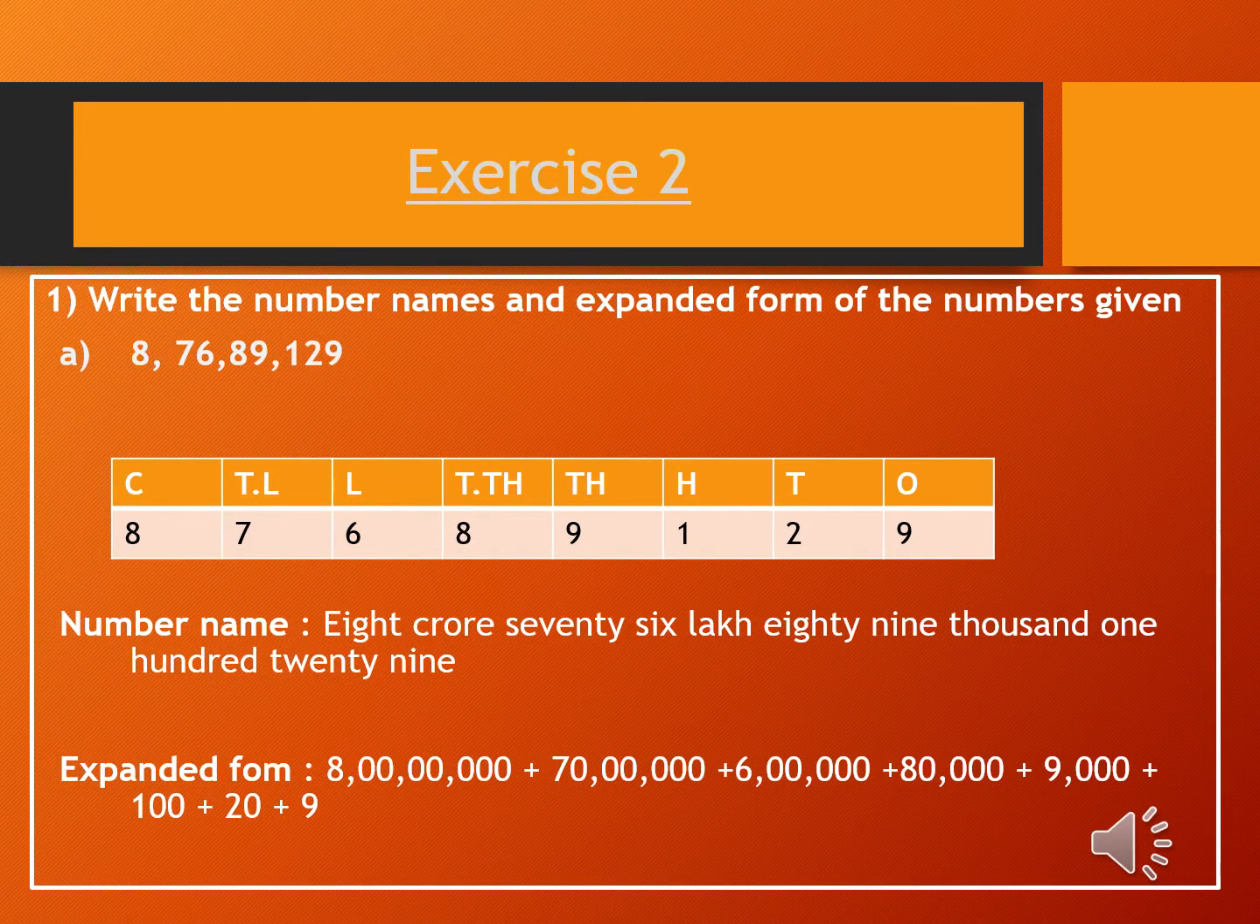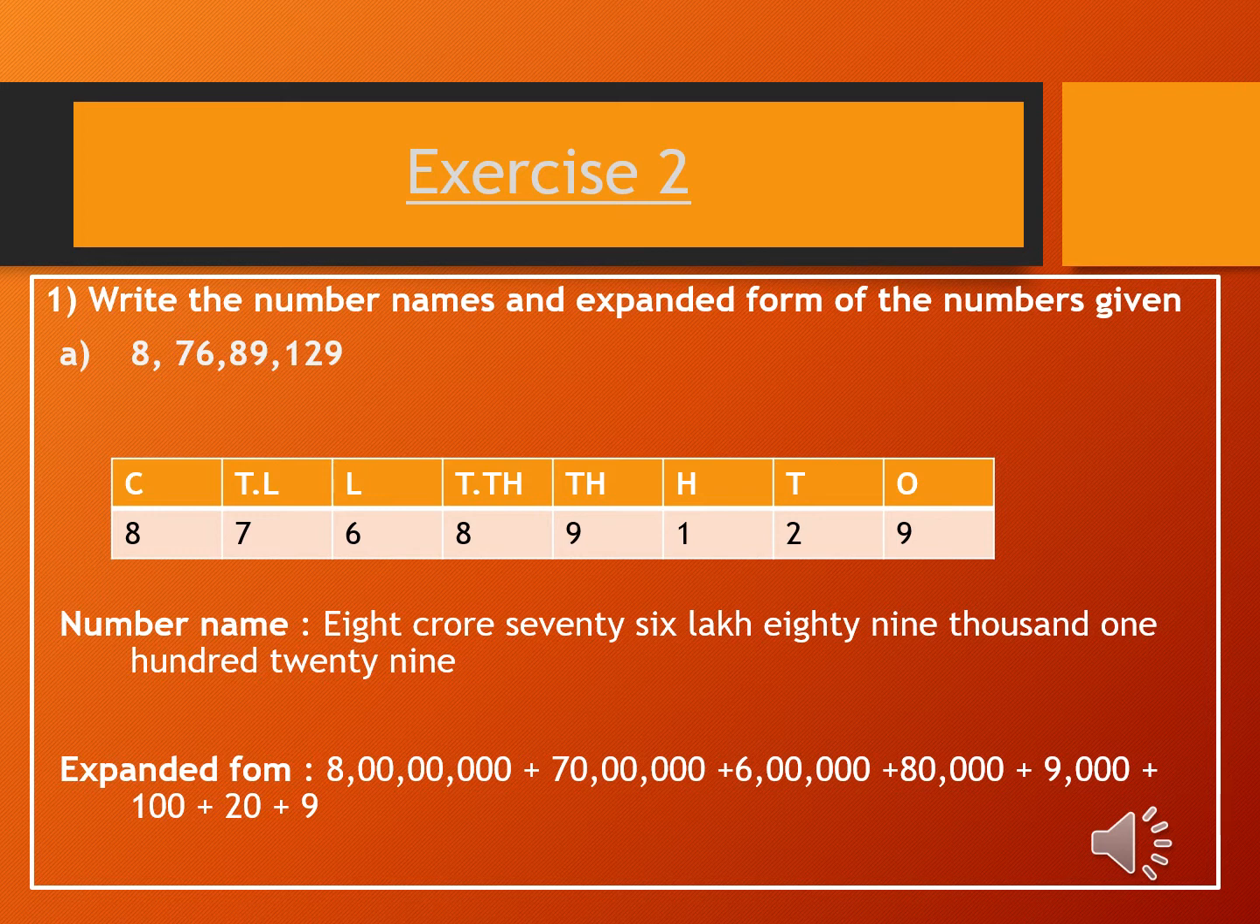Next we can discuss the exercise question. The first question, to write the number names and expanded form of the numbers given. What is the number given here? We can draw a place value chart, then we can enter the number in it. The number we got is 8 crore 76 lakh